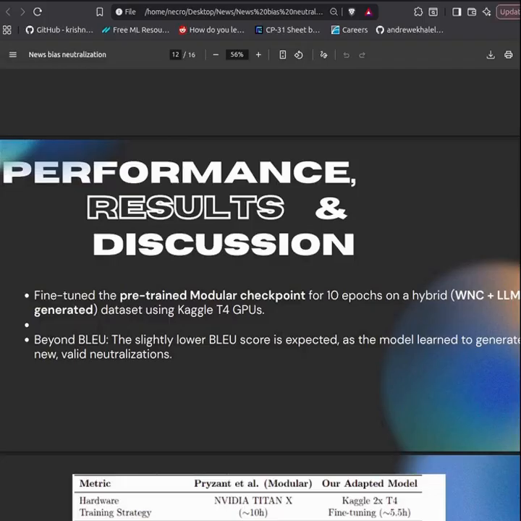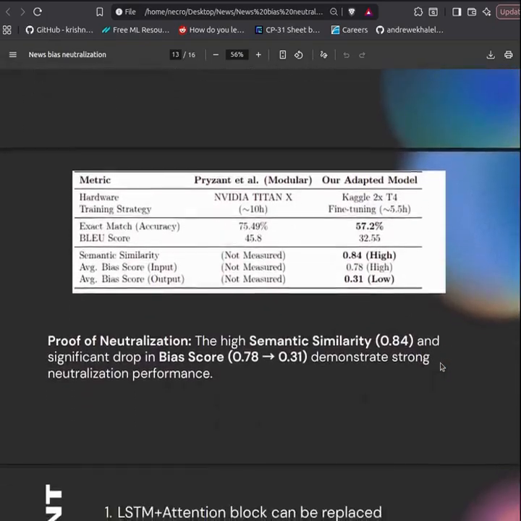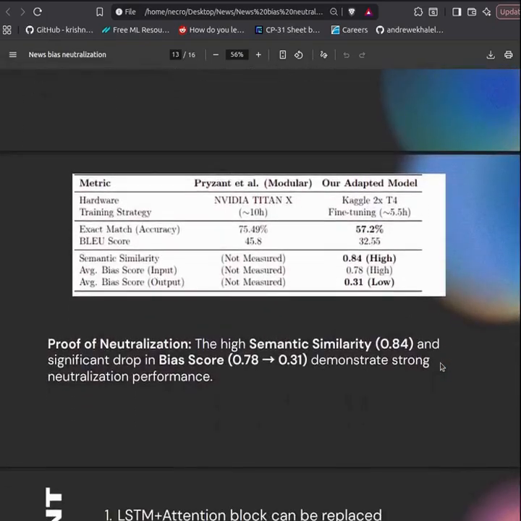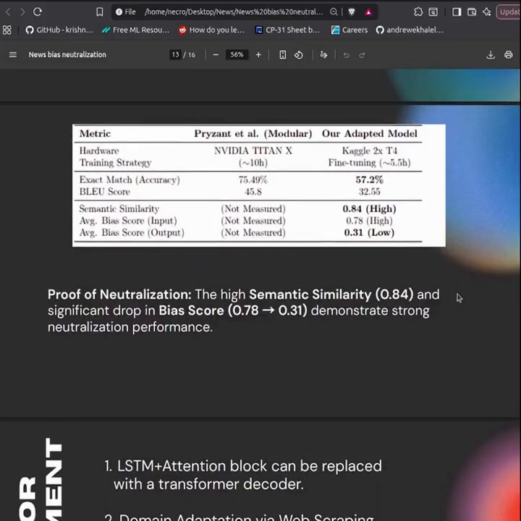As we see in the table here, my BLEU score was actually lower than the original paper's, but this is not actually a failure because I expected this result. My new metrics will show that the model is actually generating valid neutral sentences, even though they do not exactly match the reference texts. Also, based on my own defined criteria, my model performs fairly well, and it actually exceeds expectations on specific types of data.